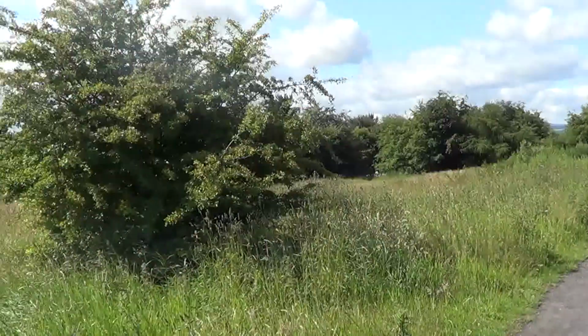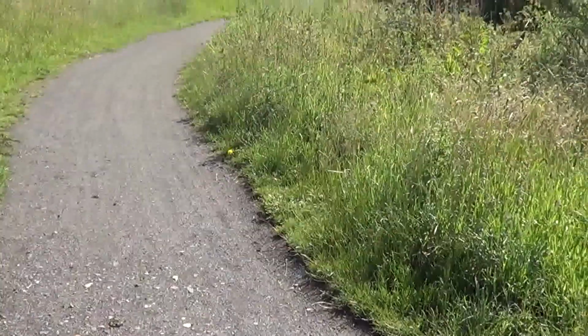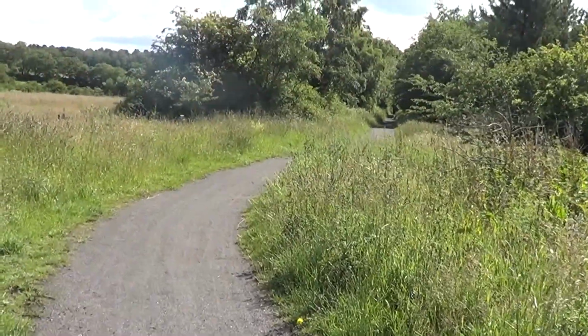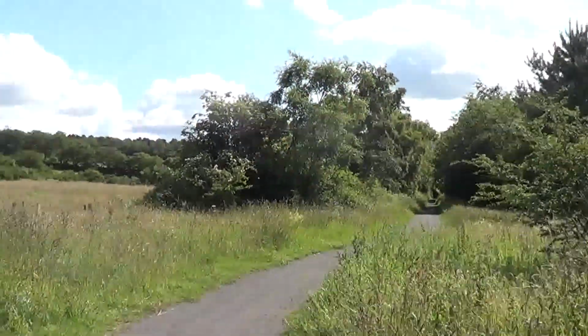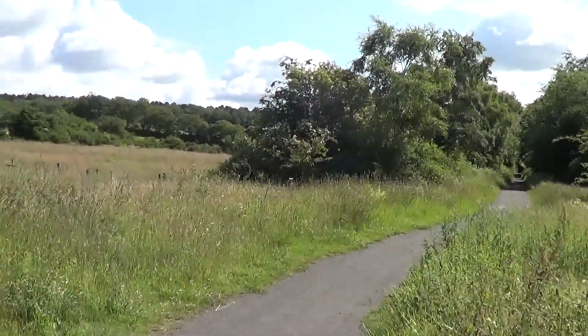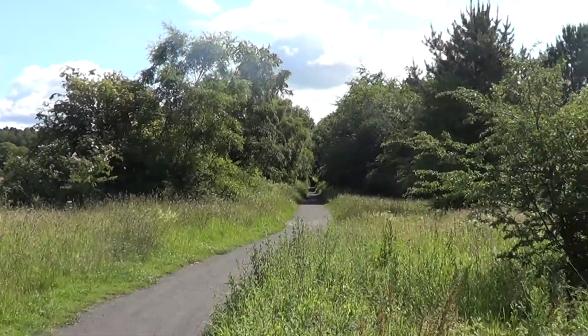Today's walk, we're just on the old line into Chopwell. It's a line from Chopwell to the Spen, really, isn't it? Aye, from Chopwell through to the Spen. But we've come on from the Chopwell side. Aye, because you've got Chopwell Woods in front of it, and it was an old mining place about 100 years